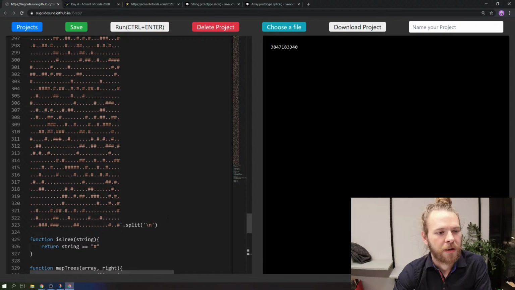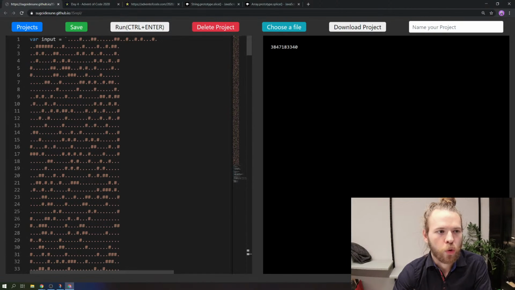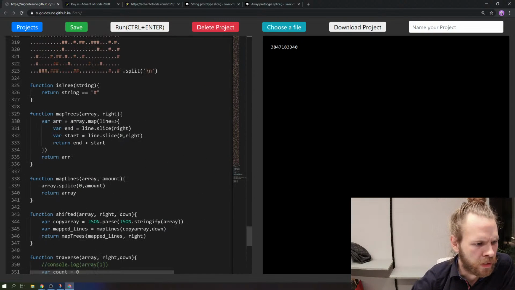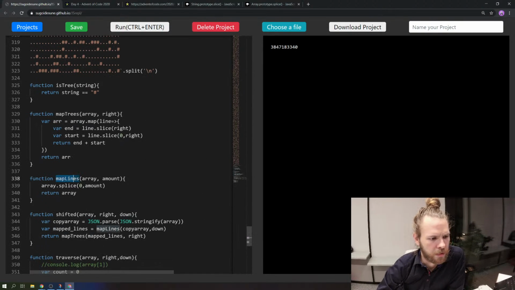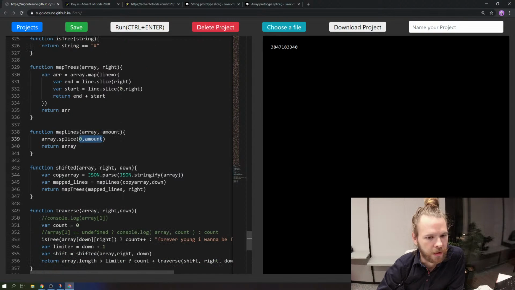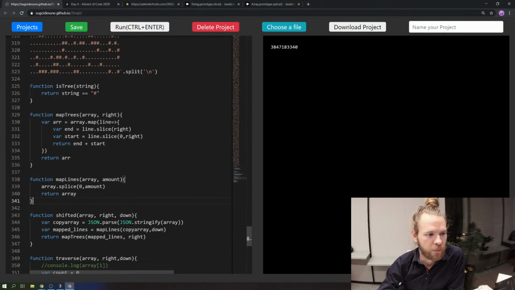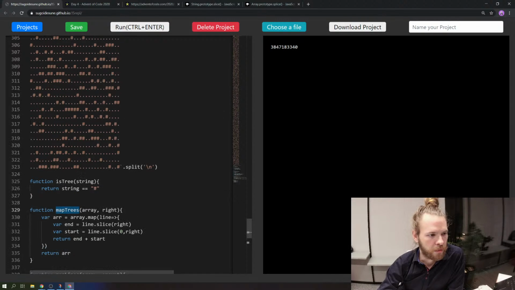So definitely removing the number of lines that we already used made it easier, which I do with map lines. So here I removed those used lines already that we slid past already. And so I don't have to keep count on which line I am. That makes it a lot easier. And the same goes for the horizontal ones. Makes it much easier to always start from the beginning and just append these parts to the end,